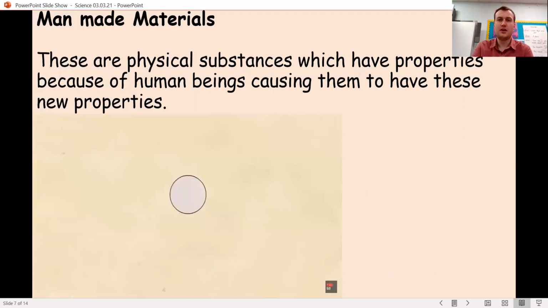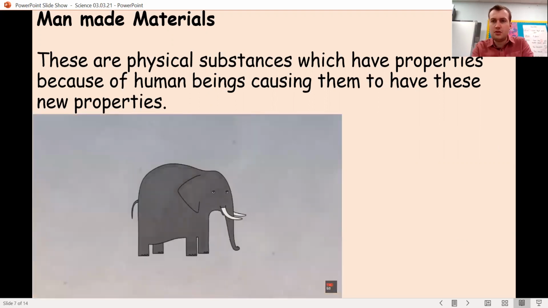Okay. So man-made materials, let's go into more detail about this. These are physical substances which have properties because of human beings causing them to have these new properties. Okay. So they are any sort of physical thing that we have changed to create something new. For centuries, billiard balls were made of ivory from elephant tusks. But when